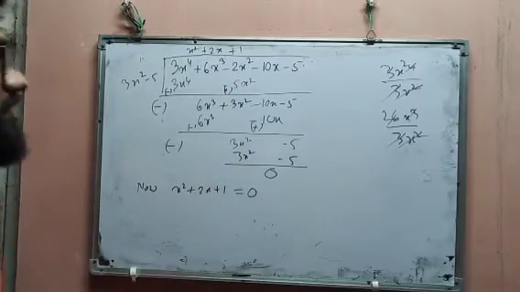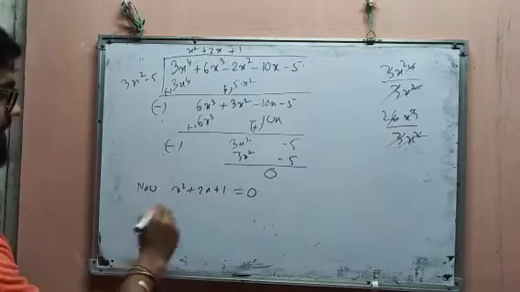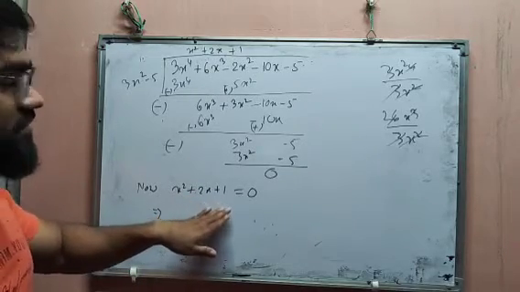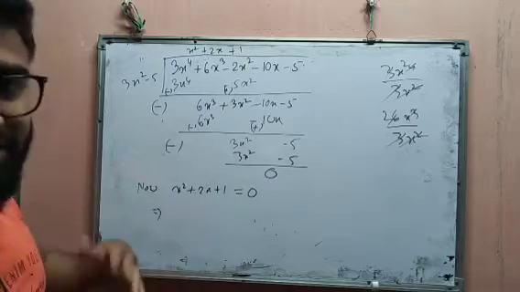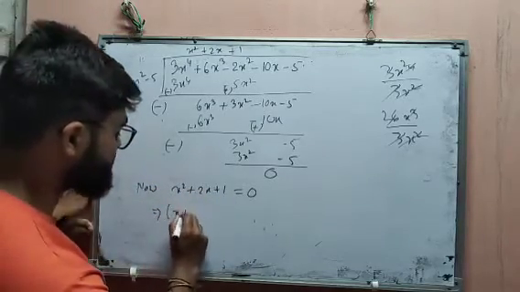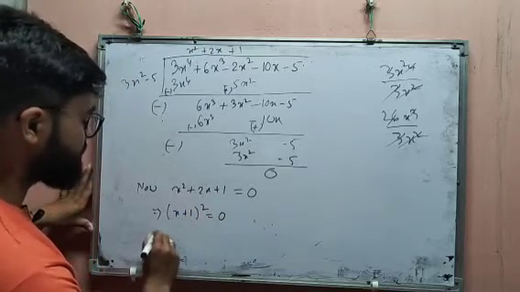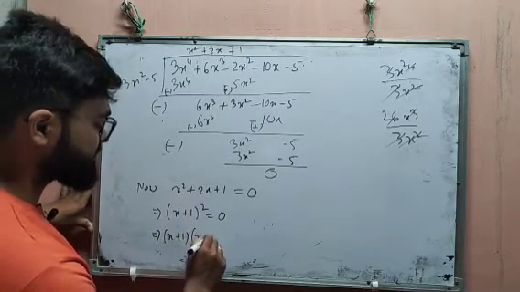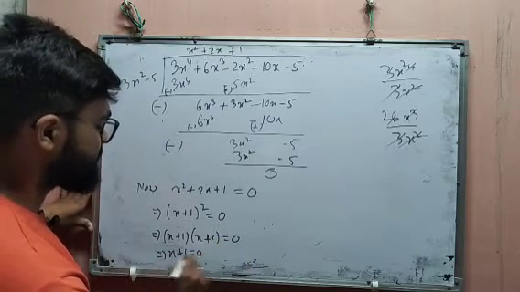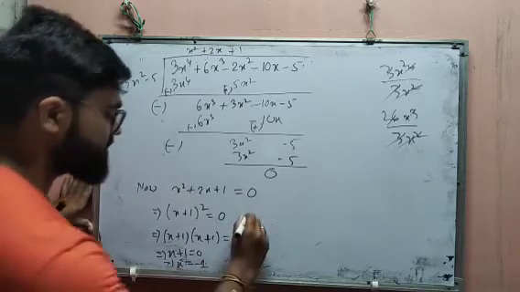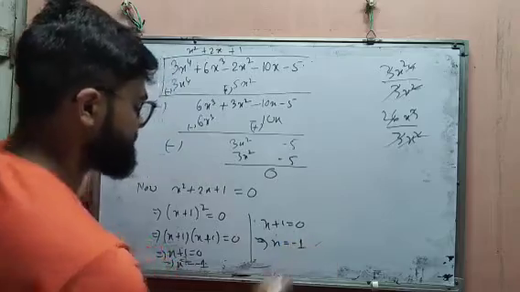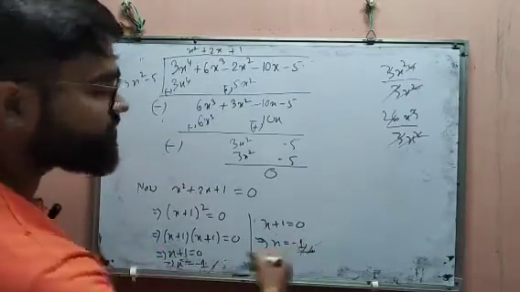We can compare this. Then if you see, this is directly, you can write x plus 1 whole square formula, a plus b whole square formula. So you can write x plus 1 whole square is equal to 0, or write twice x plus 1 into x plus 1 is equal to 0. This implies x plus 1 is equal to 0, or x equal to minus 1, and x plus 1 again 0, and x equal to minus 1. So minus 1 or minus 1, I mean we got two zeros.